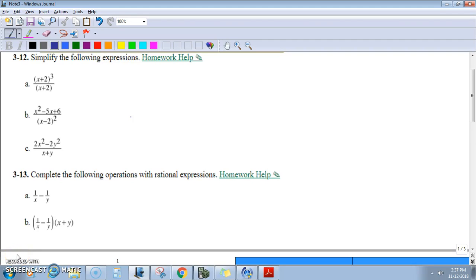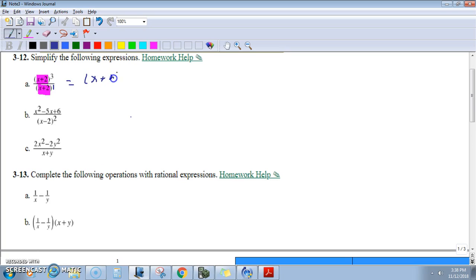All right, guys, how about a little homework help from 3.1.1, starting with 312. This first one looks easy. Since x plus 2 and x plus 2 are exactly the same thing, I'm just going to use my laws of exponents here. And since we only have 1 on the denominator, when you're dividing with the same base, in this case x plus 2, we subtract our exponents. So we would have 3 minus 1 is 2,